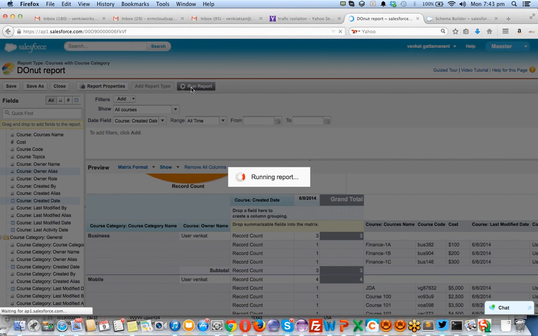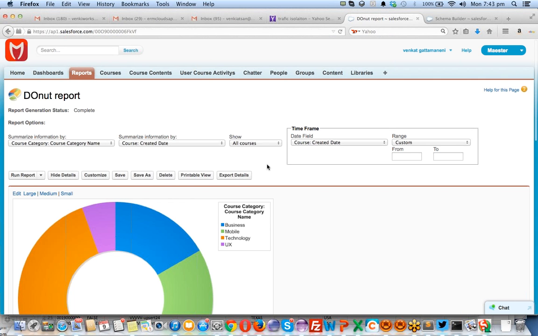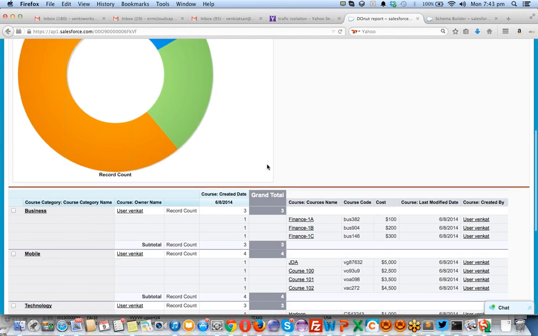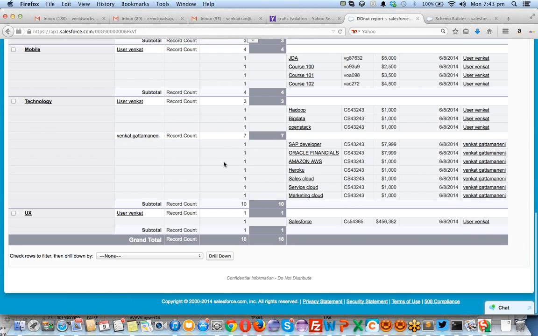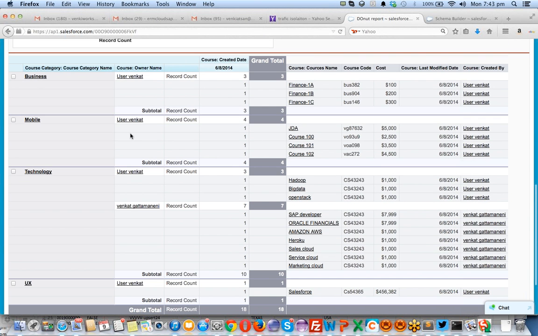Suppose I want to group something that's already grouped by this. I want to group by date also, the created date, and by course owner name. Okay. Now if you click on run report,